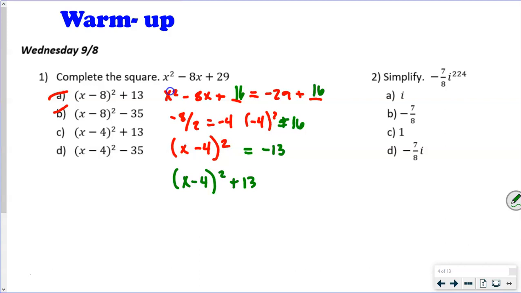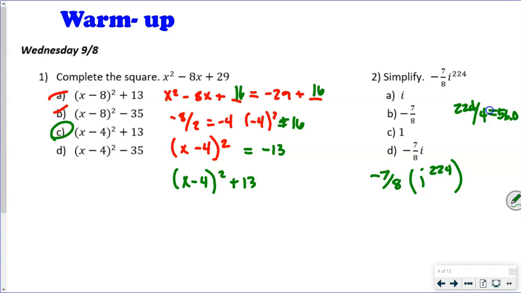So when we simplify this next one, we're going to go negative 7/8, and that's i to the 2/24, right? So we want to substitute the i to the 2/24 for one of our i to the 0, 1, 2, or 3, right? So we're going to take the 2/24 and divide it by 4. And when we do that, we get